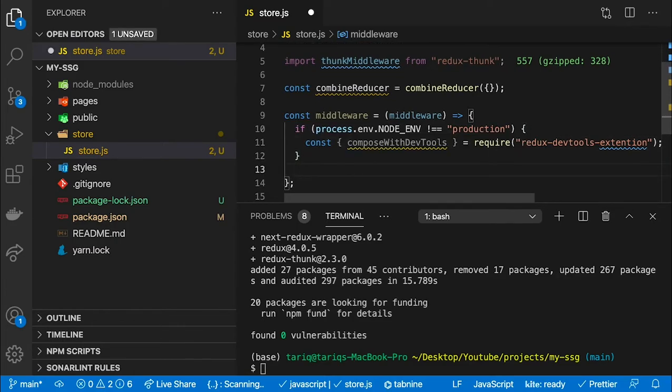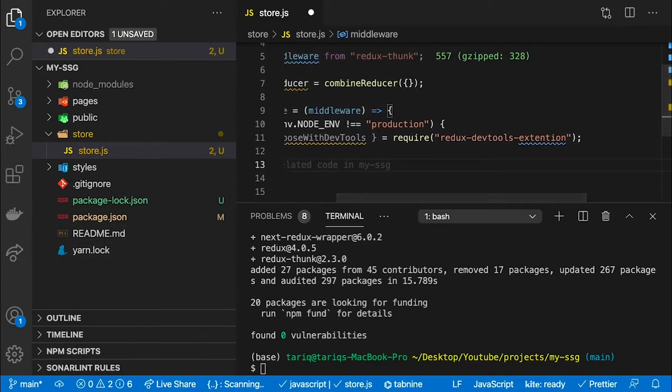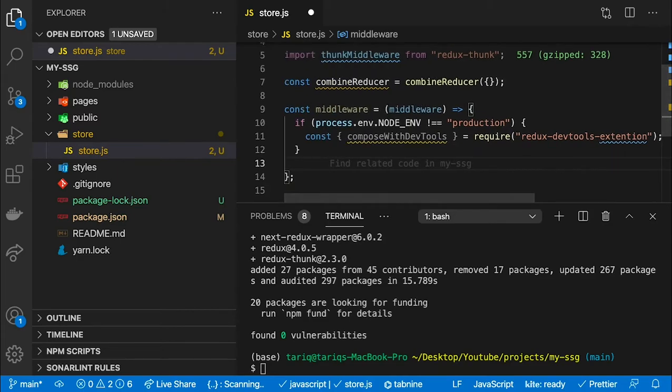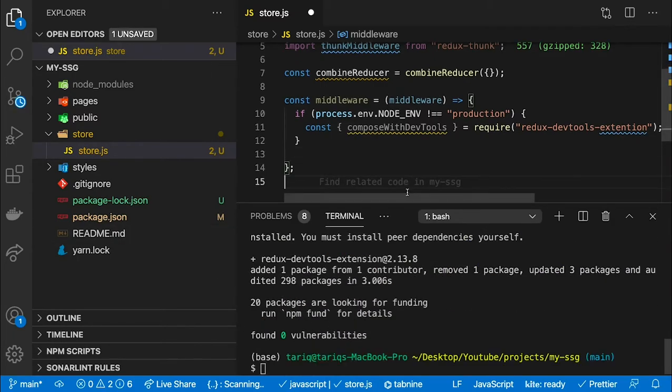So this will help me give the logs, and when you're debugging, it will help you debug the project better if you have this in your development. So right now we have required it, but we didn't install this, so I have to install it using npm install redux-devtools-extension. Great, so after I install this,